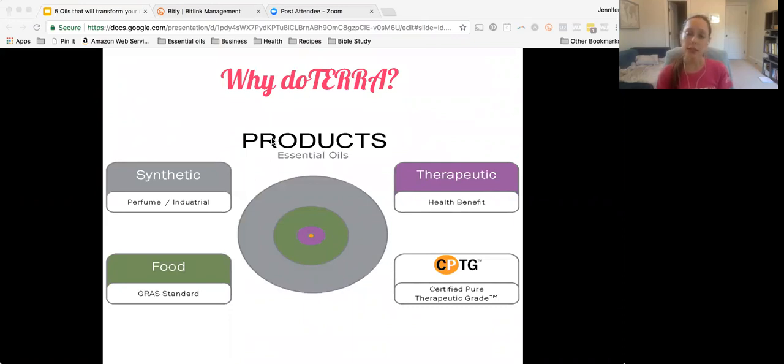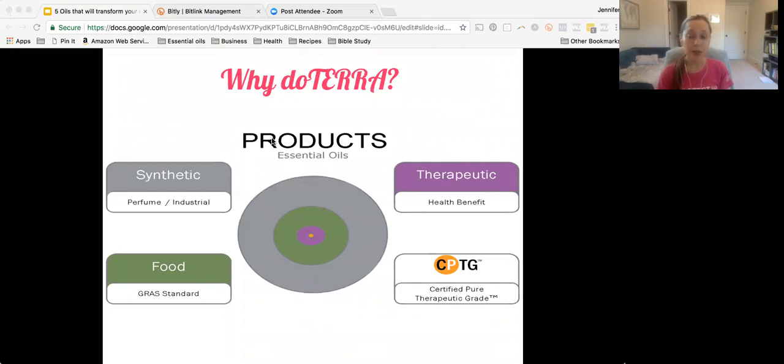And then the next grade, and this is where it gets confusing, is therapeutic grade. If you go to your health food store, you may see a shelf of oils and they may say 100% pure, they may say therapeutic, and that makes you think, oh, that's got to be a good quality, right? Well, the problem with that is that there's no regulation around the labeling of oils, unfortunately. So there's no set of standards that these companies have to adhere to put that therapeutic label on the oil. And so you don't really know what you're getting, right?